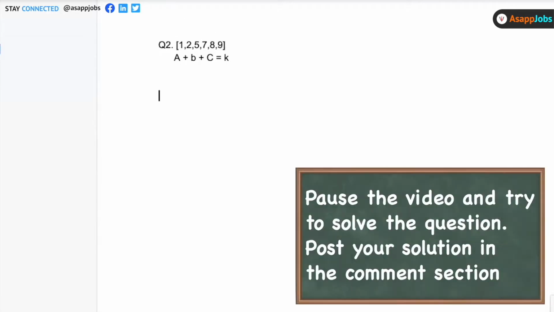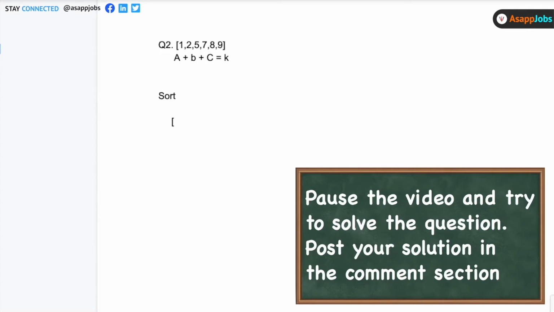Yeah, Paritosh, go ahead. Yeah, suppose we sort this array and we take the midpoint of the array, and then we do the left and right approach. By using the midpoint and the left and the right, we find the sum of three and conclude whether we are getting that value or not.